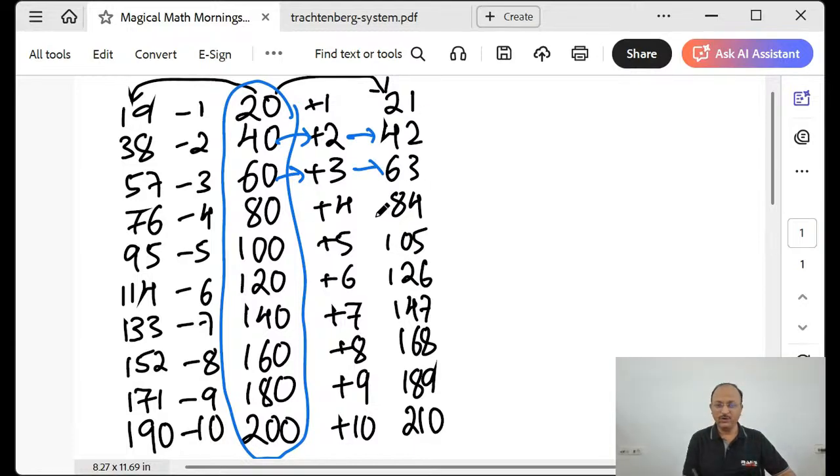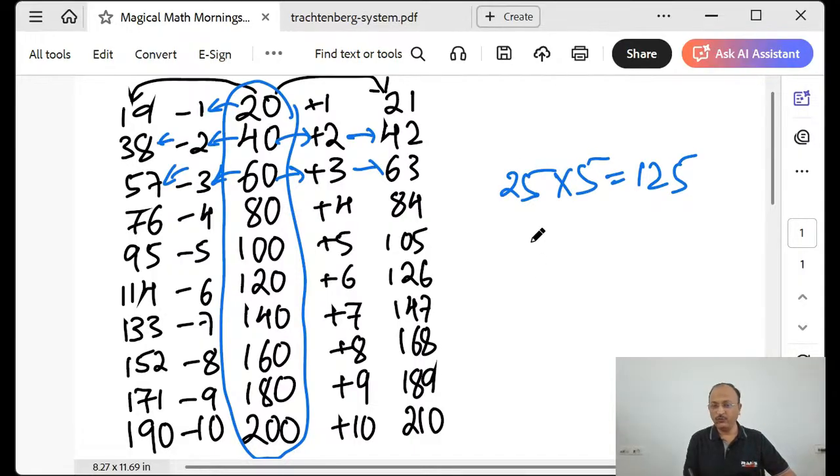Same way, if you subtract minus 1, minus 2, you are going to get the previous table. 20 ones are 20. So if you subtract 1, you will get 19 ones. 20 twos are 40. 40 minus 2, you will get 19 twos. 20 into 3 is 60. So if you subtract 3, you will get 19 threes. Like this, if you add or subtract the corresponding numbers, you are going to get the previous table or the next table. For example, if you know 25 fives are